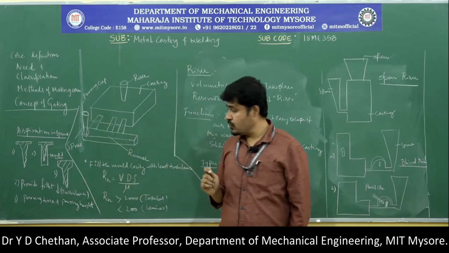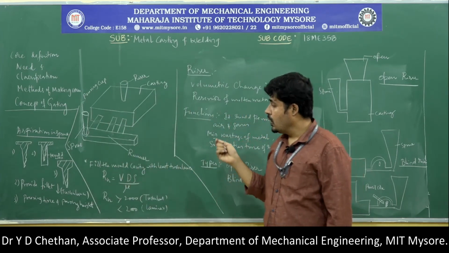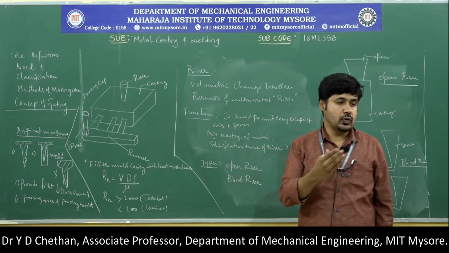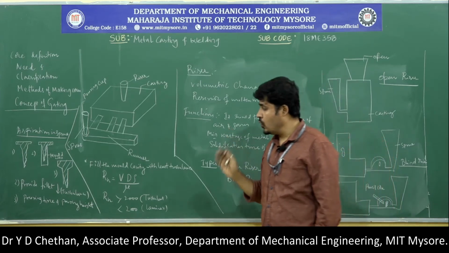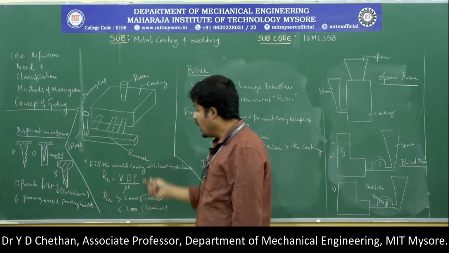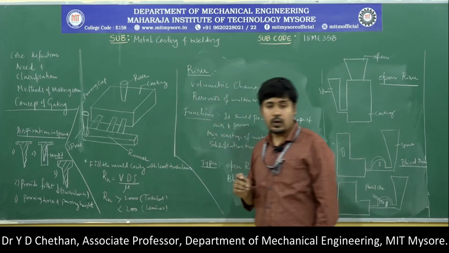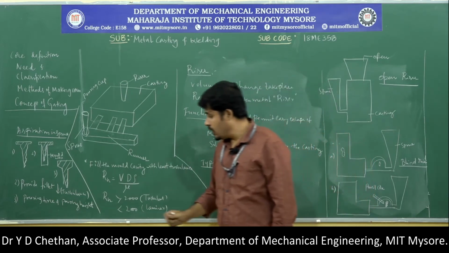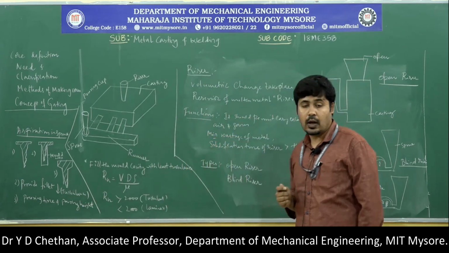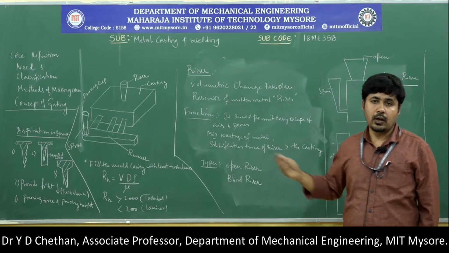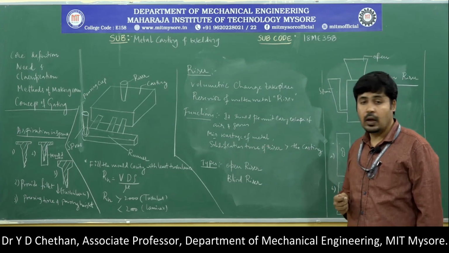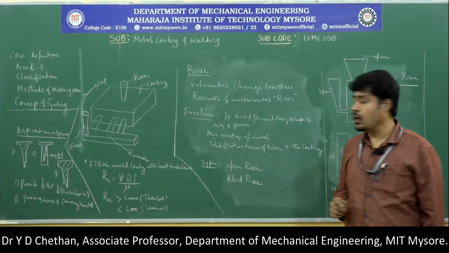The next requirement is to provide fillets. If you do not provide fillets in the gating system, that leads to erosion of the material, and the erosion leads to distortion in the shape of the cast. Fillets also reduce the turbulence in the flow. Then the next parameters to monitor are the pouring time and pouring height. With an appropriate mathematical model, one can arrive at the optimized pouring time as well as pouring height to get the desired casting.